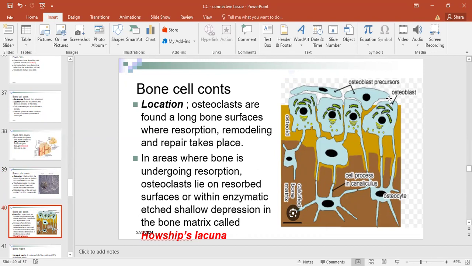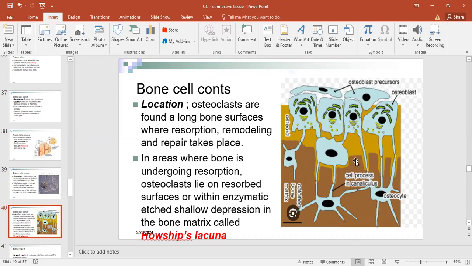This diagram here is just simply showing us what happens. For example, in bone, first we'll talk about the precursor cells in a bit as we start talking about periosteum. But meanwhile, the osteoblasts are developing from these precursor cells, and then the osteoblasts deposit osteoid around them. As they keep depositing osteoid, it becomes so much that it surrounds them, and so they mature and stop working, and so